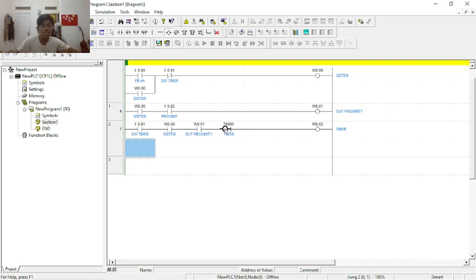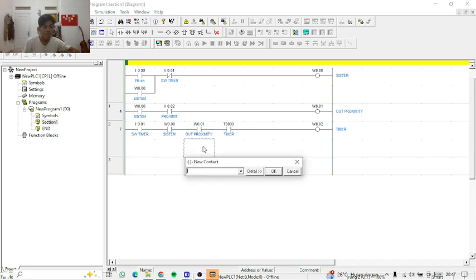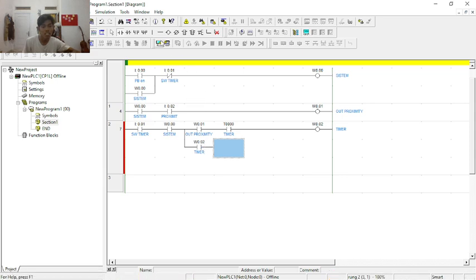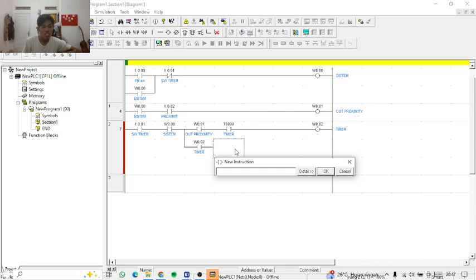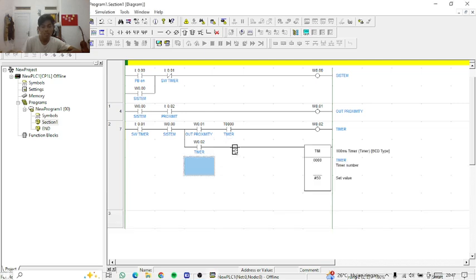Don't forget to add timer also in the bottom, in here. Add here time, okay, 0 for the timer, yes, and instruction, we will add instruction timer in 0000 hashtag 50. This is timer. Okay,